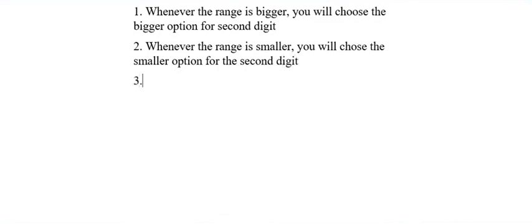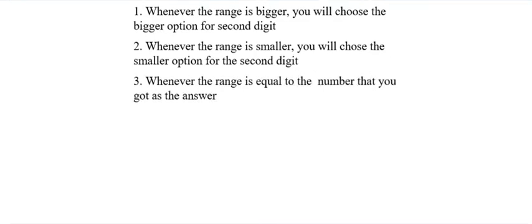Now case number 3 also can happen. Whenever the range is equal to the number that you got as the answer, then what do you do? Then you choose the bigger number always. So these are the 3 basic rules that you need to